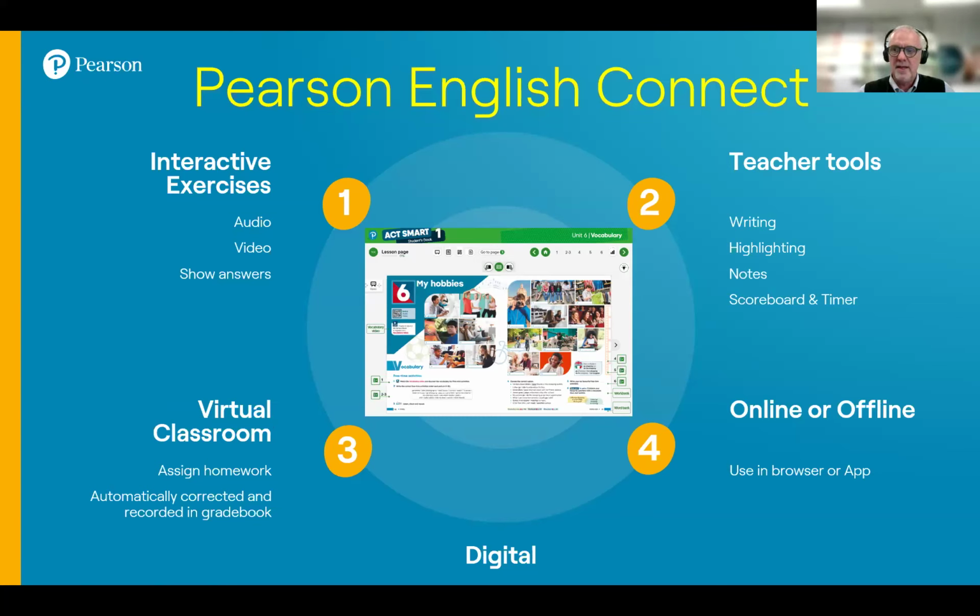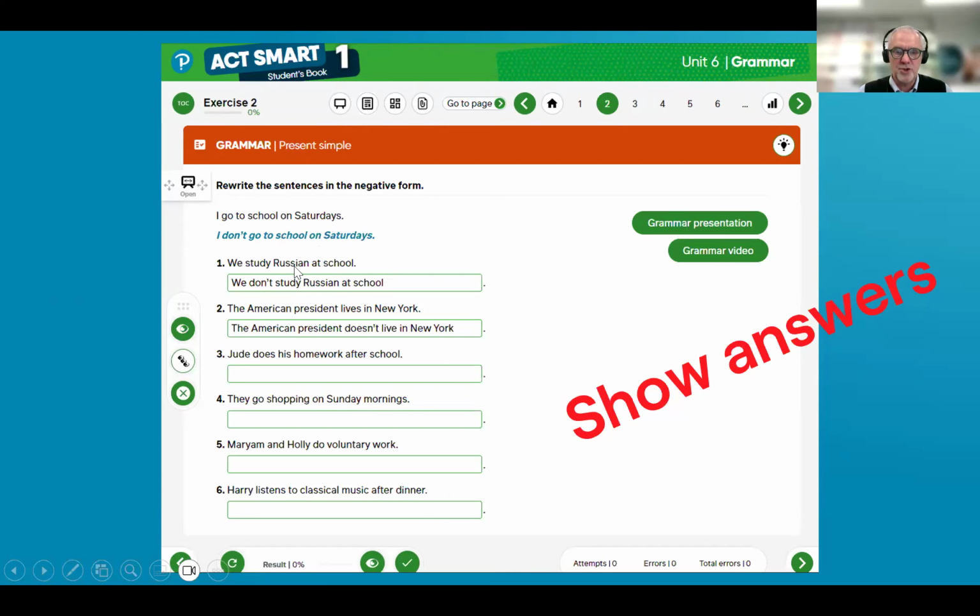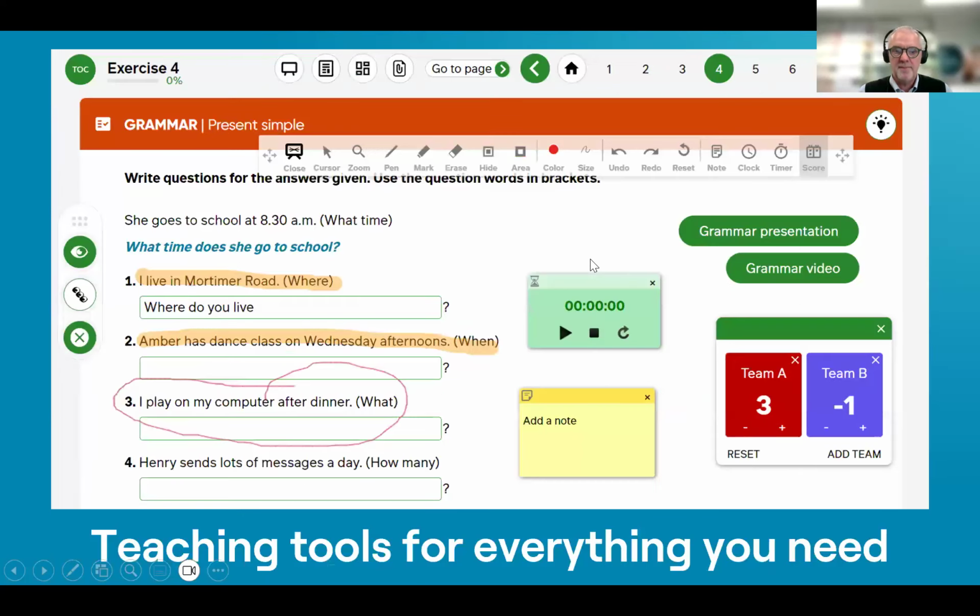This is a screenshot to kind of give you an idea. Here's an example of what Tito was mentioning before, showing answers. So you can click here to reveal one at a time, or show all of them together. Here, this is an example of me. I've showed an answer, I've highlighted, I've added in, can you see here, there is a scoreboard, which I added in. I can add a note, a timer. I've got all of my annotations. So this looks very messy, but this is me using it in a lesson, for example. So you can do things as you wish.